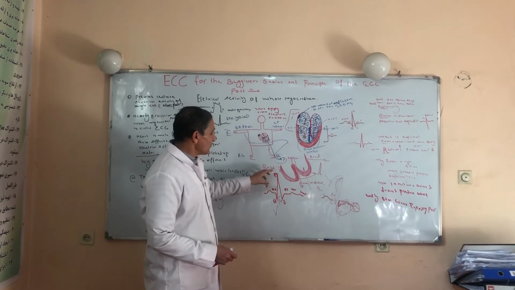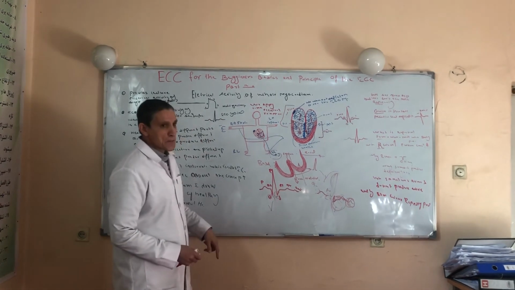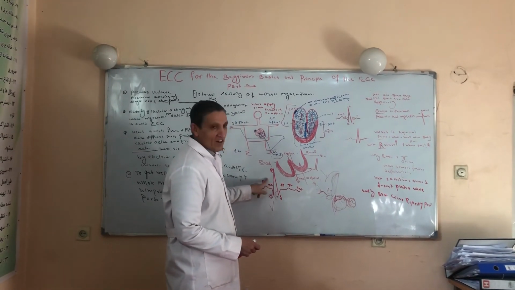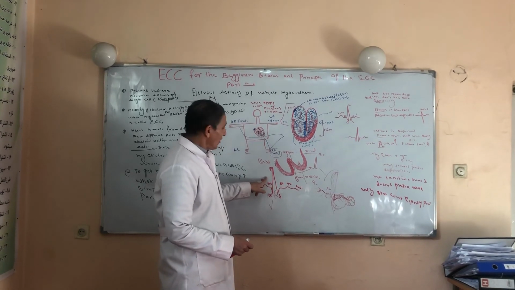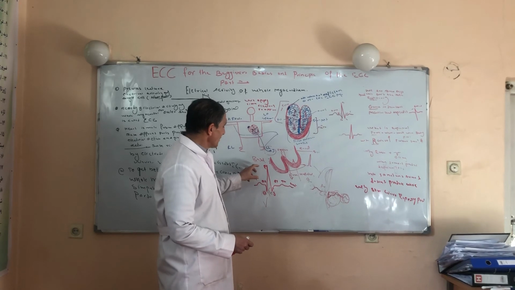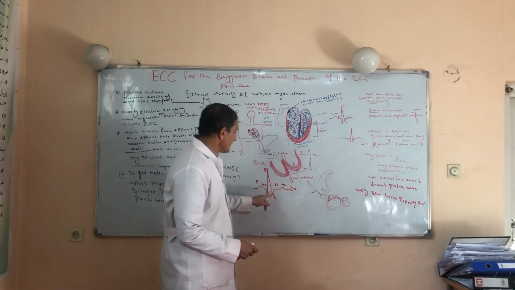When the ventricle completes its depolarization, another segment is produced, which is called the ST segment. The ST segment represents the flat phase of the action potential, or the time taken by the R wave to complete its depolarization. The second is the T wave. The T wave represents